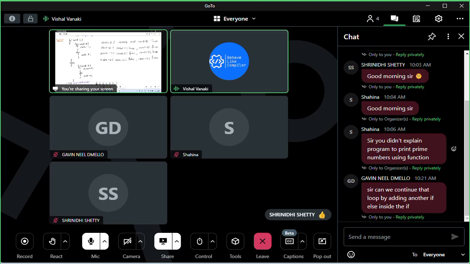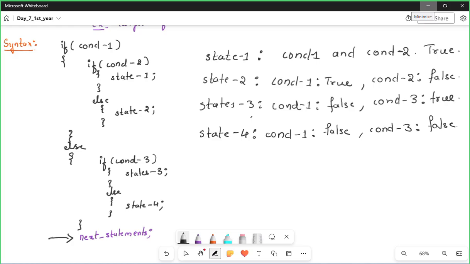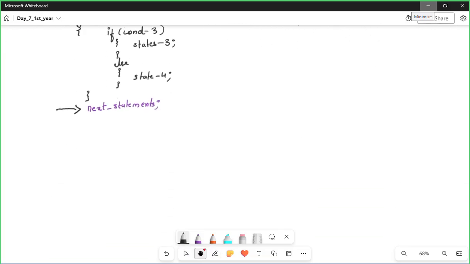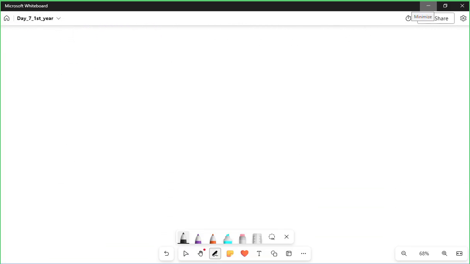Yes, you can, Gavin. You can add any number of if-else blocks, one inside another. It depends upon the student's requirement. Now, if you go with a flow chart,